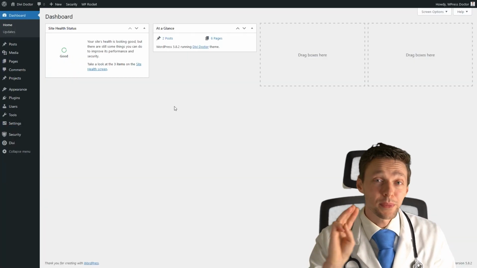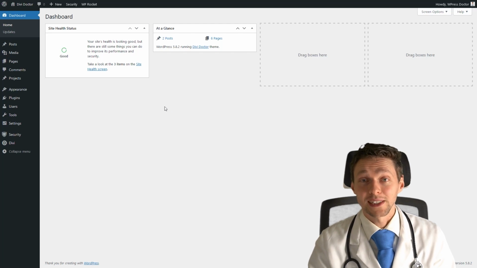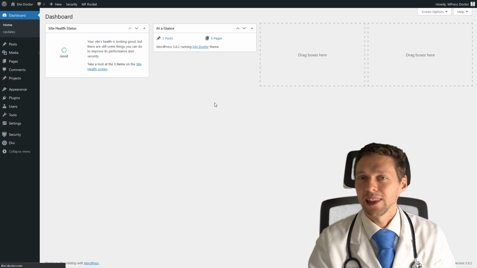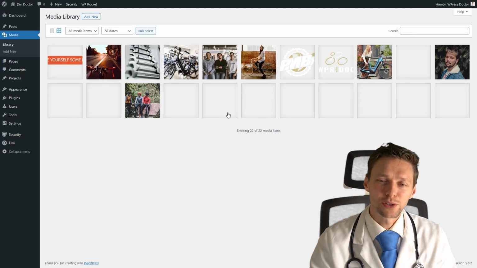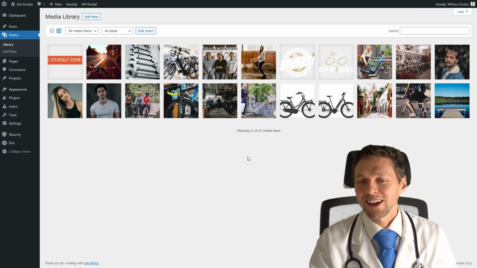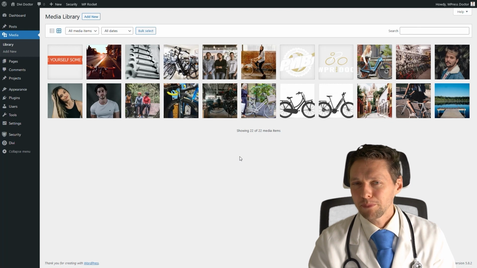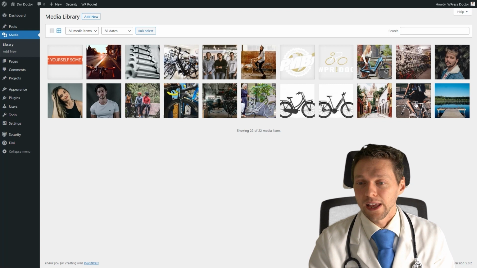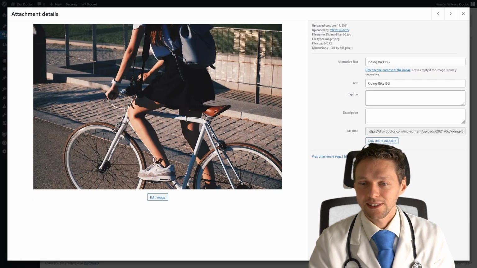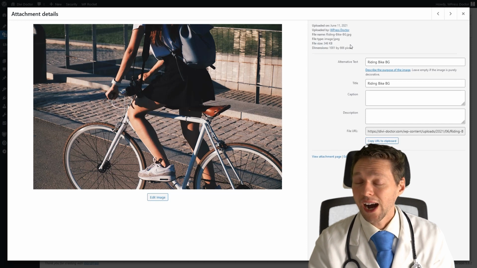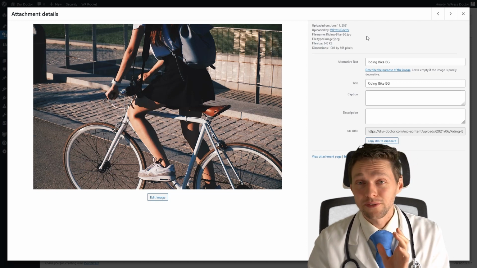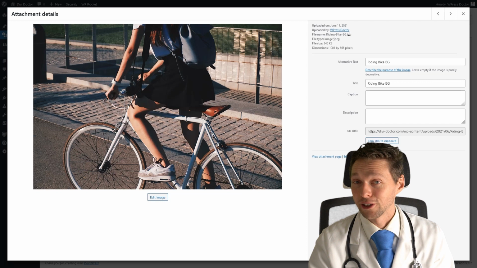All right, step number 3, it's time to optimize our images. If you go to media and you go to your library, you will see that you have used a lot of images lately on your website. And they might be a bit oversized from your website's point of view. If I, for example, click on this one, the dimensions are alright and the file size is not very high. However, you could do even better without losing any quality.